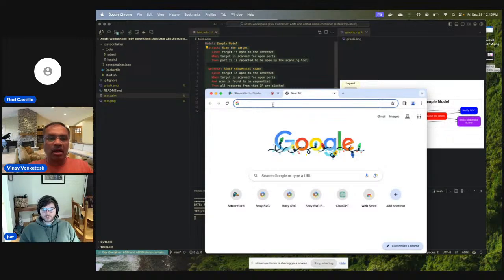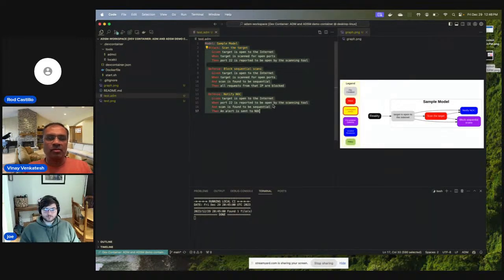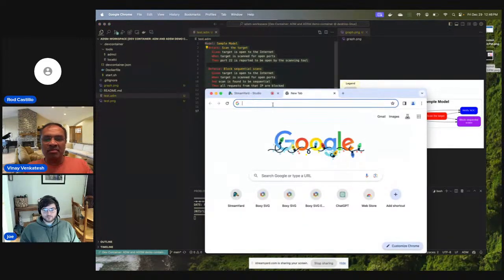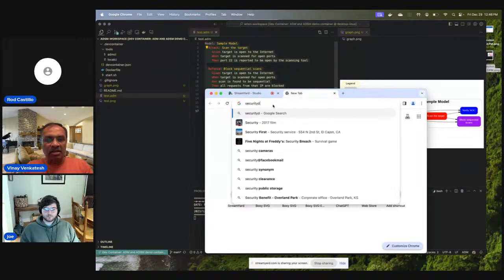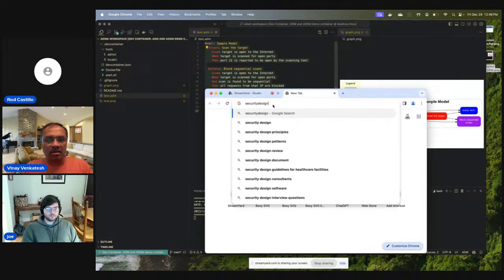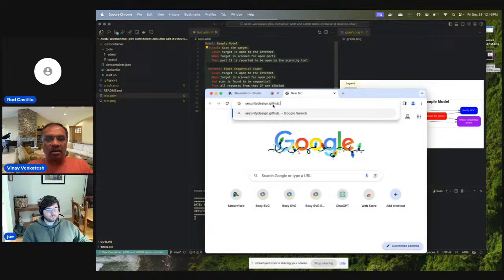Yeah. Now, I created the Visual Studio workspace and plugins for large, serious kind of work. So for your project engagement that you're working on, it probably makes sense to run it in Visual Studio. But sometimes you want to just get started building the model. You don't want to have an elaborate setup. So I created a web version of it. So if you go to security design github.io/ADM web,